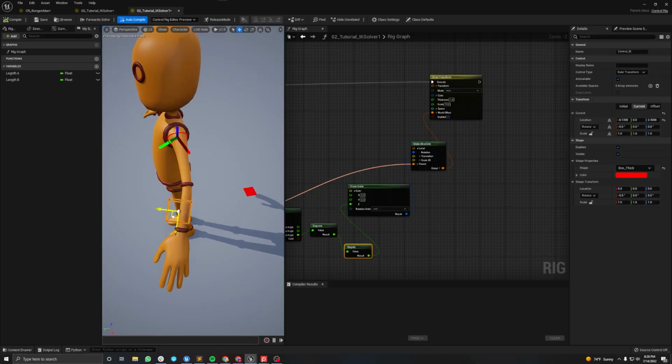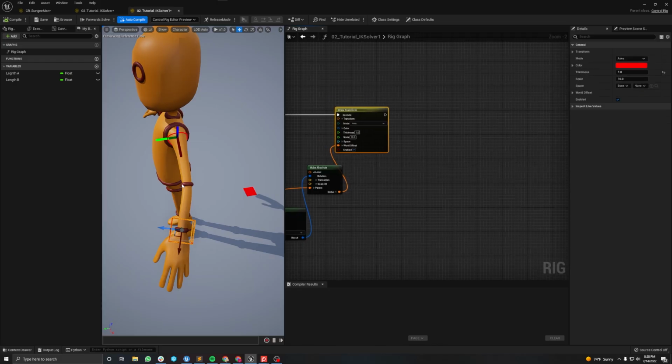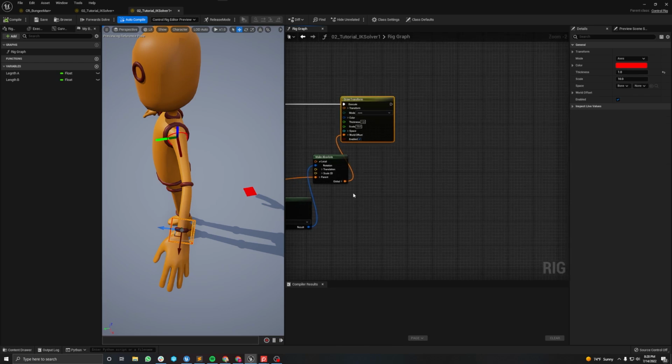So if I move that, notice how this starts rotating because this angle becomes bigger as this distance gets shorter. And you can already see that it's the behavior of an IK. So now all we need to do is to create the second and third transform, and we should have our IK solver. So the second transform, if we think about it as a child of this first transform, really all it is